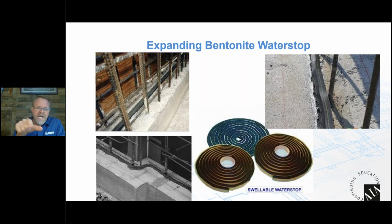It's basically rolled right down the center of the cold joint, like you can see in these pictures. They have their rebar. They put that right down the center of where the wall will be, and then the concrete wall is poured on top of that. And that really seals out any water that tries to seep through that seam underneath the wall. Once it hits that, this water stop will swell to a certain point and block it from getting into the